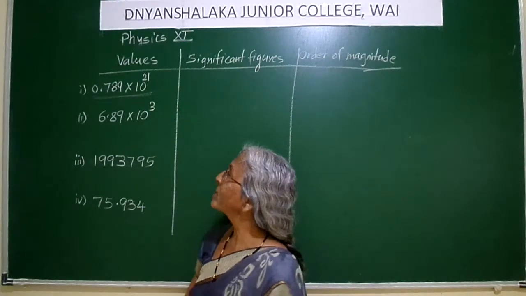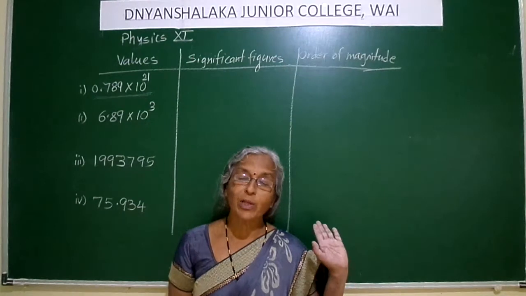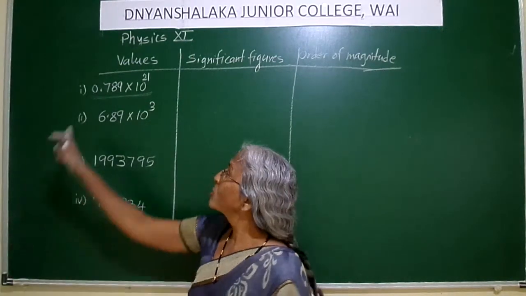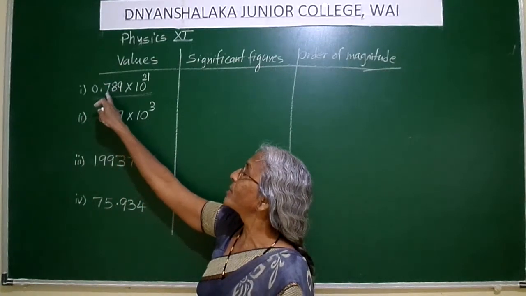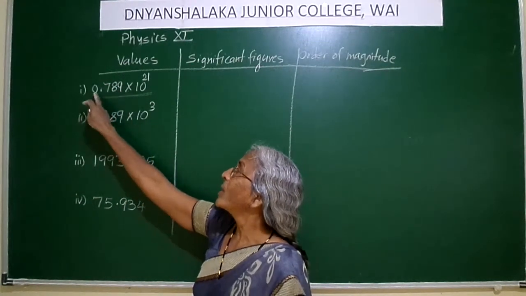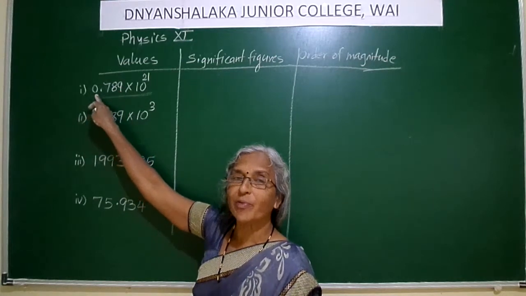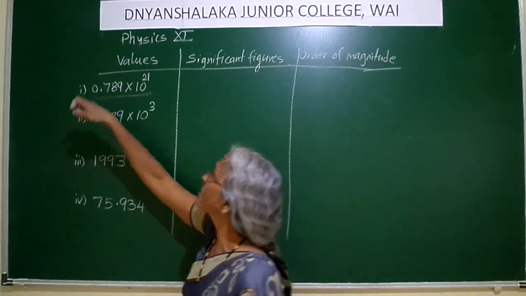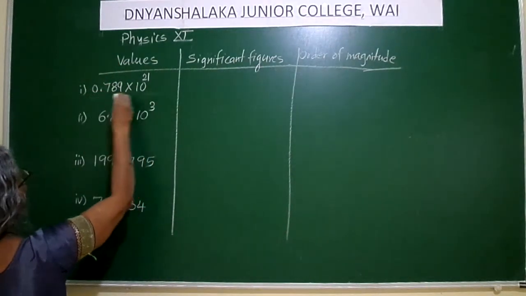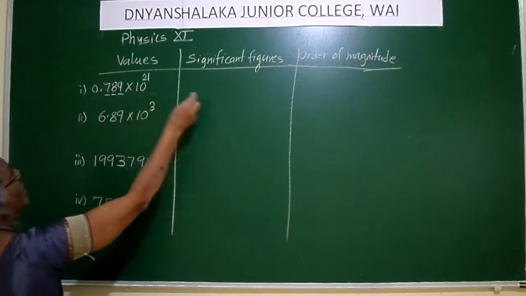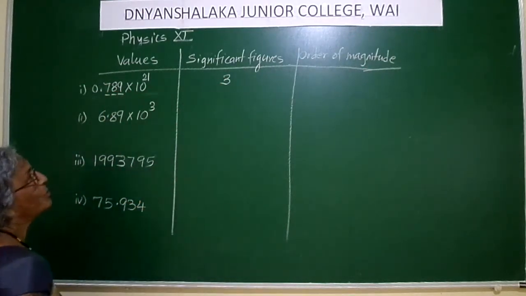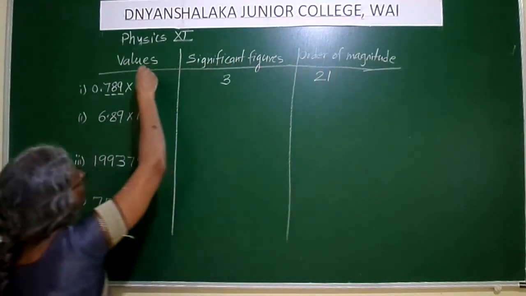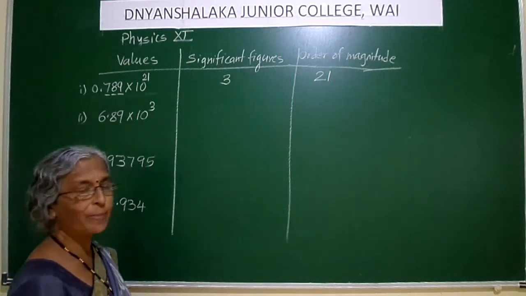Now let us go for the significant figures. From the rules of significant figures, all the non-zero digits are significant. So 3 significant digits will be there, 7, 8, 9. 0 coming immediately before and after the decimal point is not significant. So this 0 is non-significant. So how many significant digits will be there? 7, 8, 9. So significant figures will be 3. Order of magnitude will be 21 because this is the value of n in this case. Getting it? See the second one.